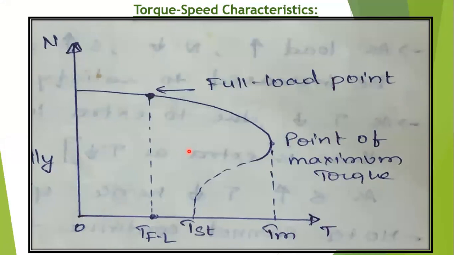If you observe the DC shunt motor characteristics in the stable region, up to this is called the stable region. The speed is almost constant. This little bit of variation is not considered a variable one. It is constant, because DC shunt motors also have constant speed characteristics. Same with induction motors, which also have constant speed in the stable region.